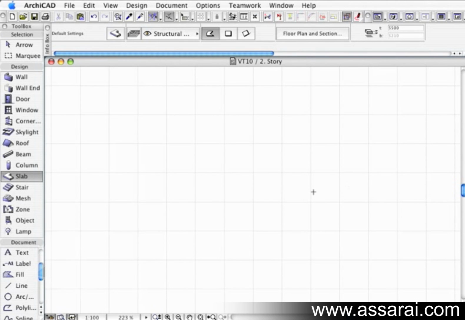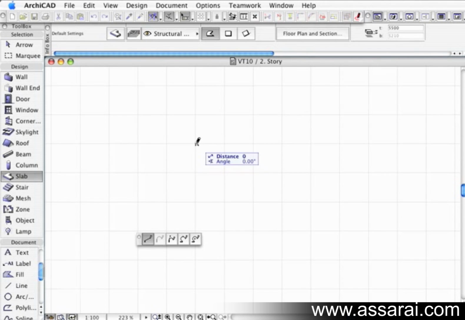Create a slab that's a bit more complicated than just a square. So if I make sure my slab tool is selected by left mouse clicking on it, I make sure I've got the polygon input method selected, and make sure my tracker is on so I can see what's happening. And as I move to the floor plan area, if I left mouse click to start my slab,